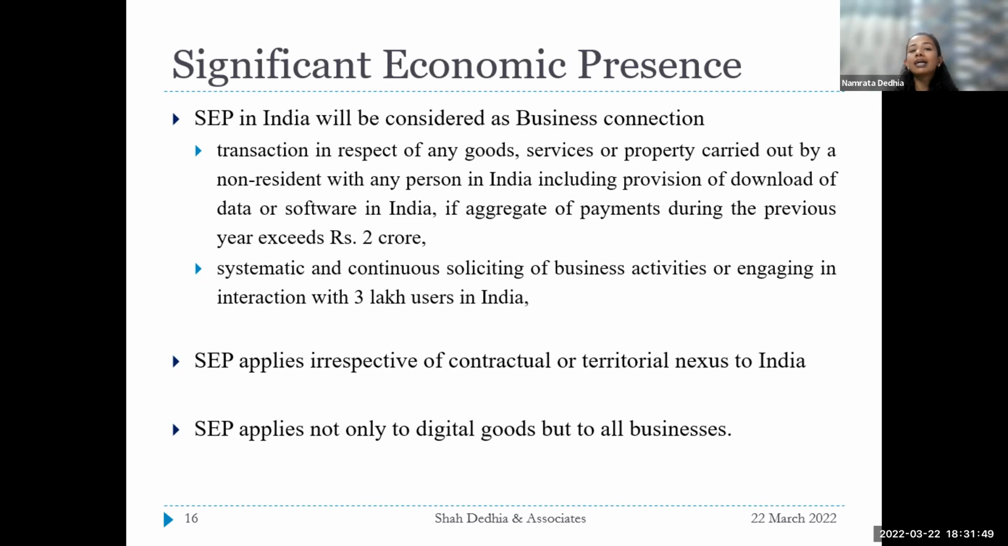What is notable is it does not talk of digital transaction or virtual transaction. It does not talk of transaction relating to digital goods or services or property. It talks of a transaction in respect of any goods, services or property carried out by a non-resident with any person in India. And it includes, of course, the digital transaction of provision of download of data or software in India. If the aggregate of the payments made during the previous year exceed 2 crore, then it will be considered as a significant economic presence. So that means even a simple import transaction, if the threshold of 2 crores is crossed, will be considered as a significant